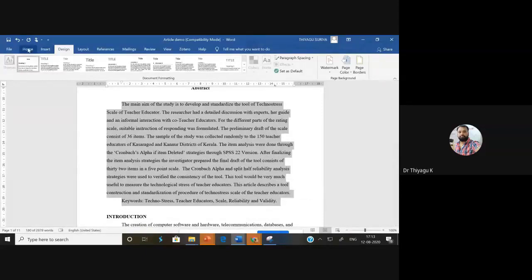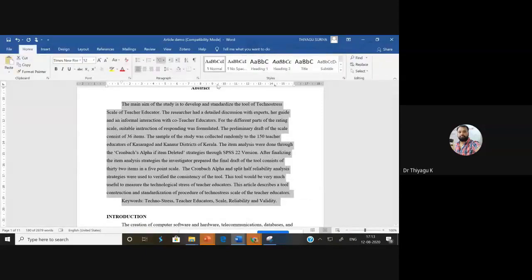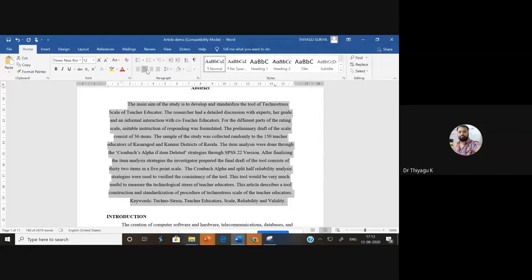This is the shortcut I'm talking about. But when you go for alignment, you can also go to the Home tab. Suppose you forget the shortcut key, don't worry. If you go to Home, there is an option. If you keep the cursor on it, you immediately get it. Align Left, Control L. What is this one? This is Control E. Control E means middle, center alignment. The next one is Control R, right alignment.